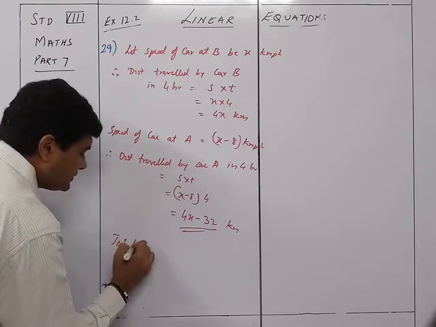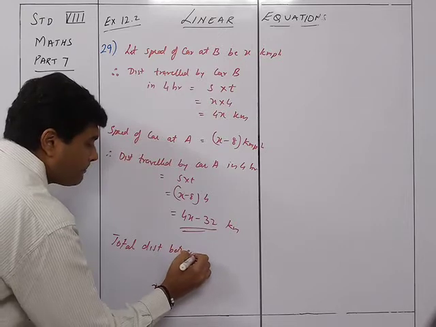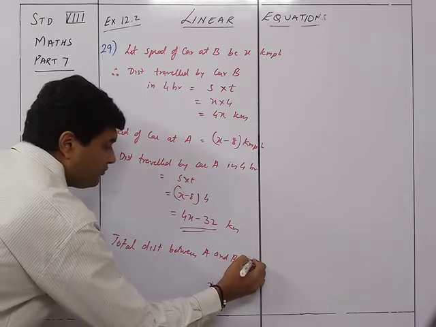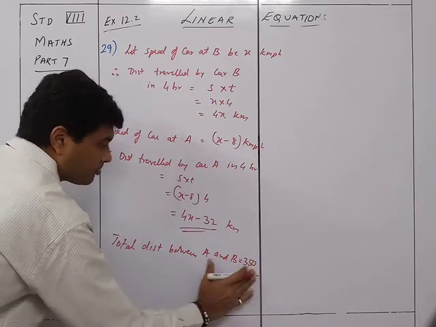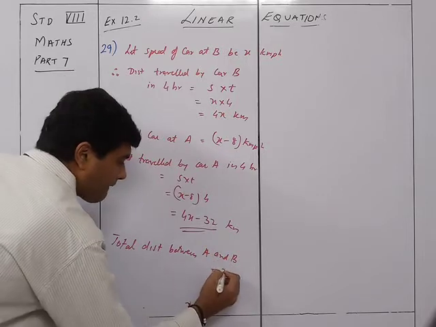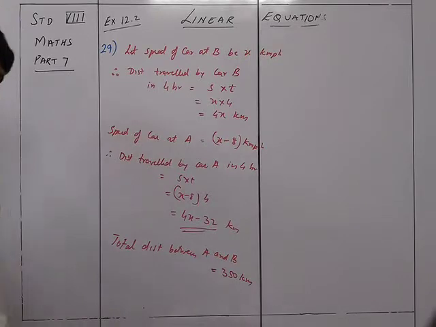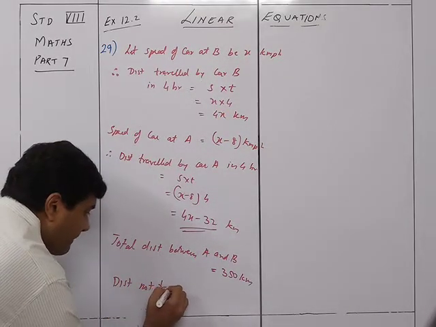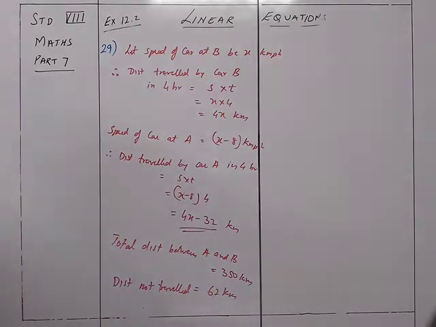Total distance between A and B is equal to 350 kilometers. And distance not traveled is equal to 62 kilometers. So we have now